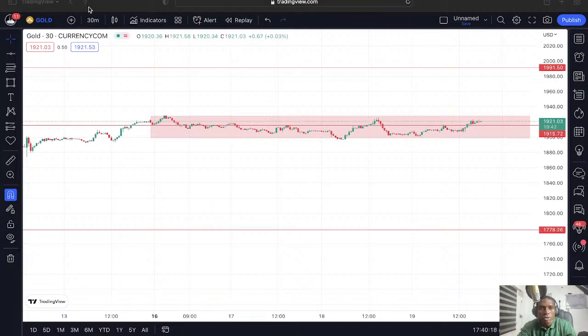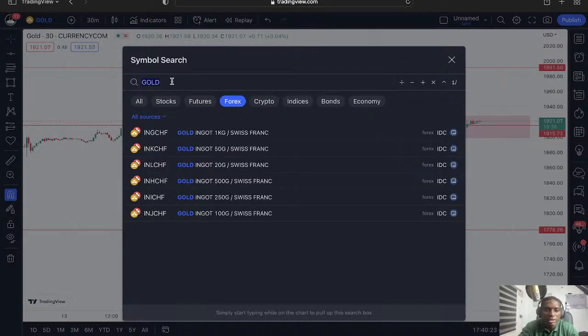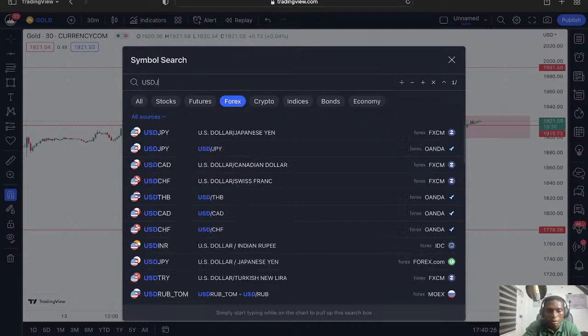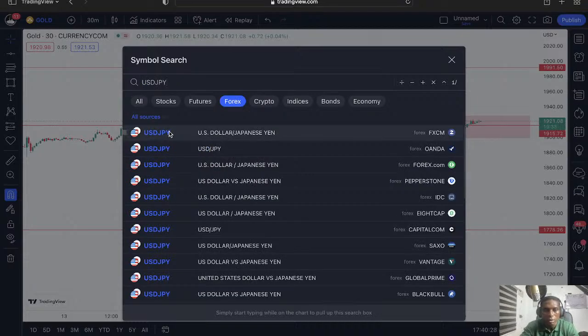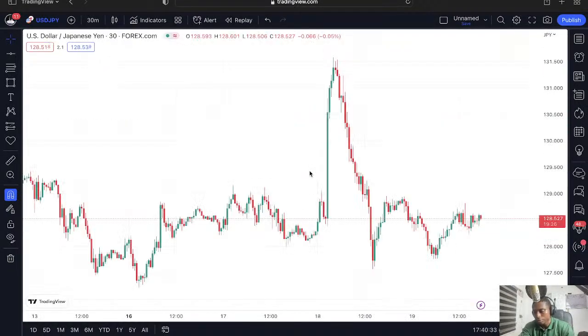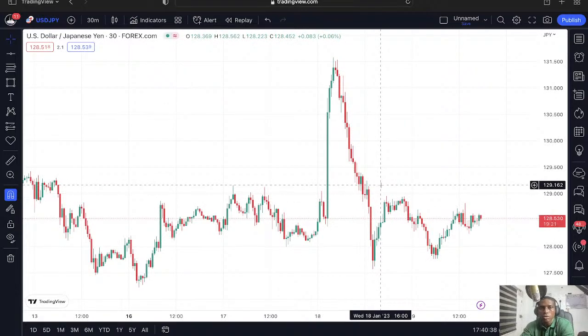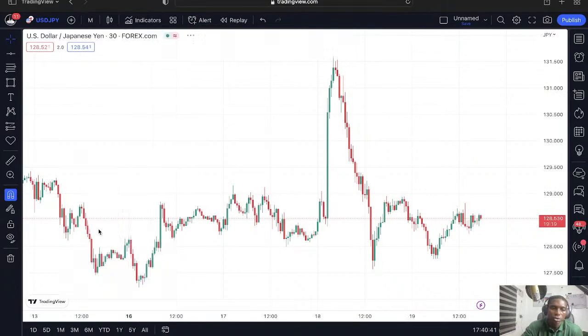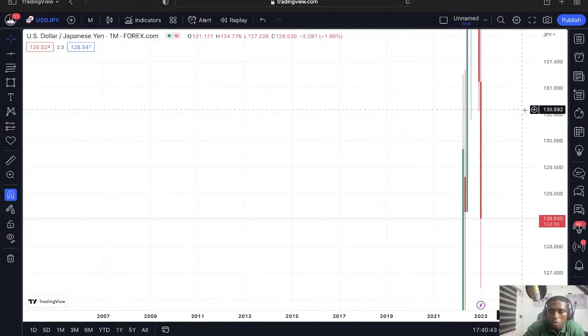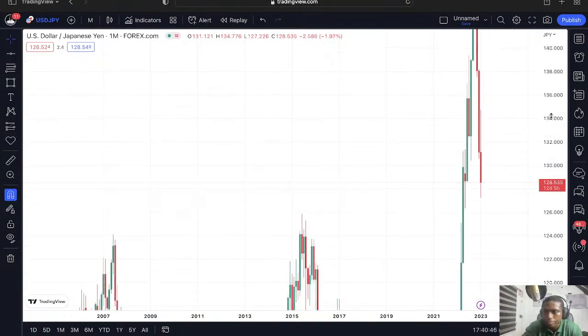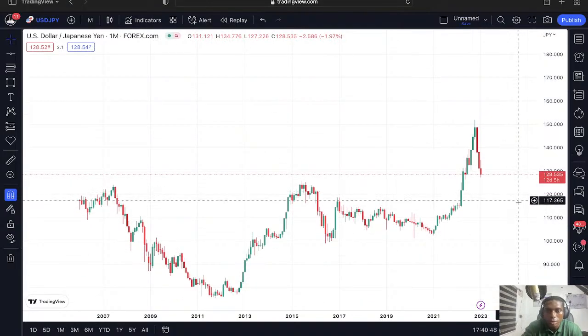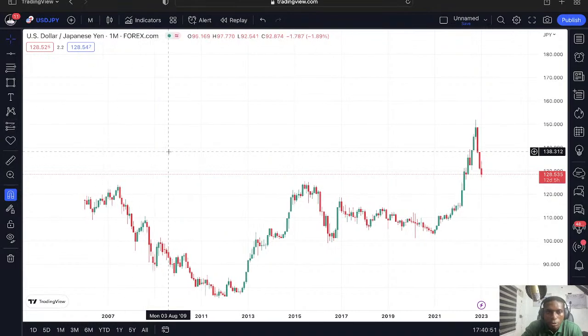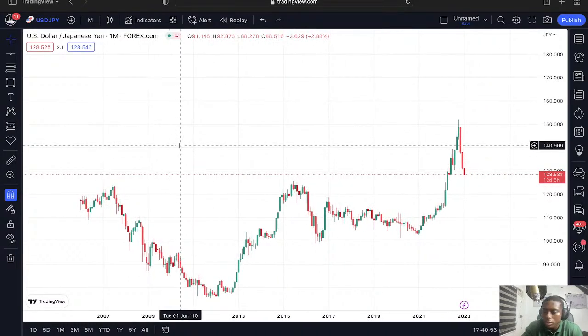Okay, so briefly let's look at USD JPY. Yes, USD JPY. Some interesting charts on USD JPY. So interestingly, watching USD JPY on the monthly time frame,